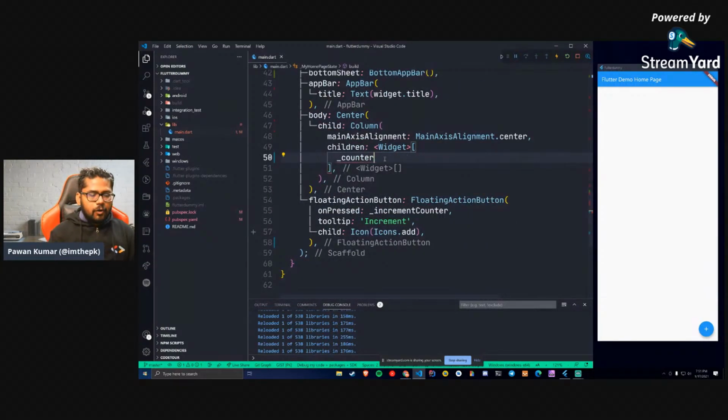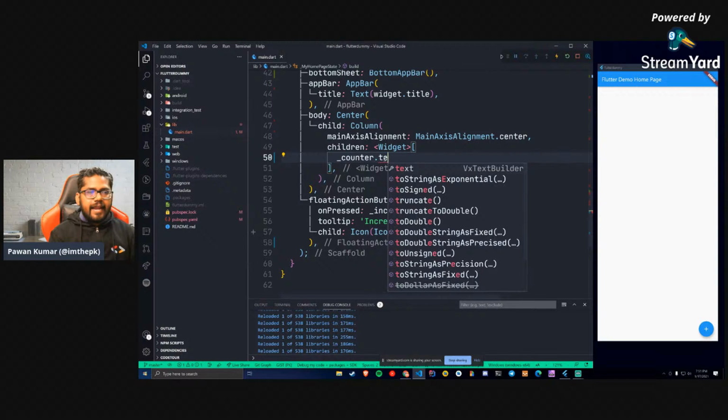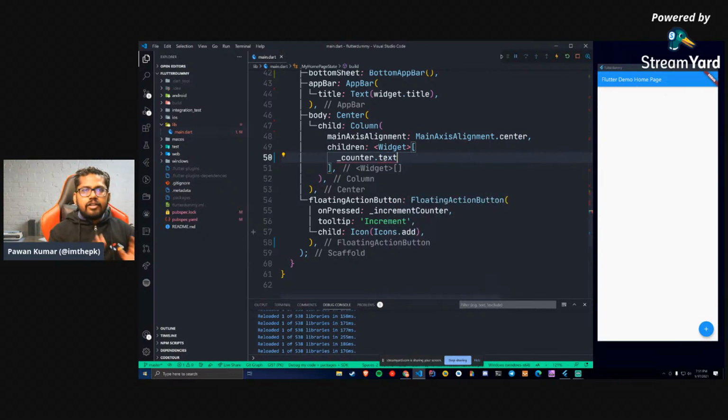Now after counter, you can just say dot text, that I want to convert it to a text widget. And when you are using velocity x, most probably that widget is going to complete itself by make. What make will do is make sure that you are done with the widget. Now we can see this counter is over here, and it is very small, right? So let's increase the size.